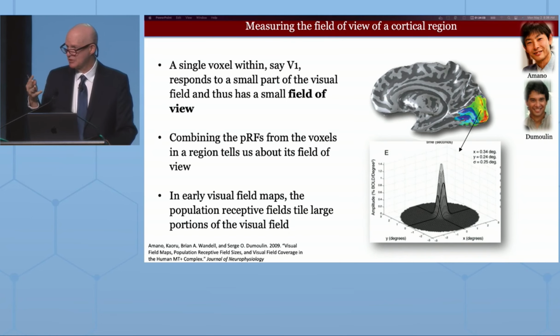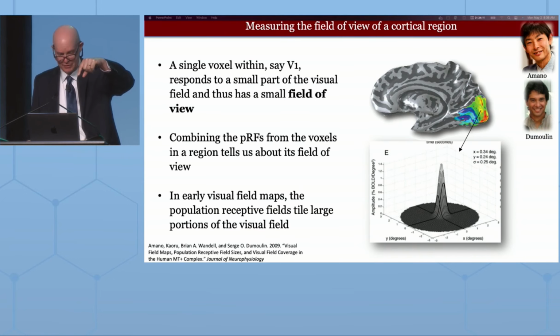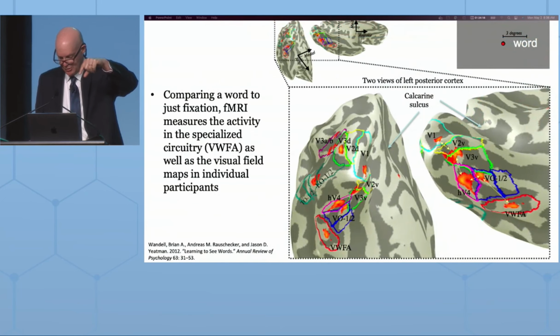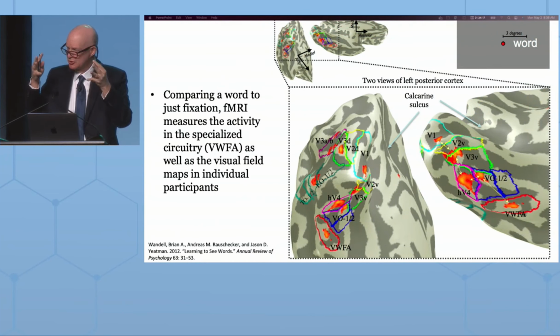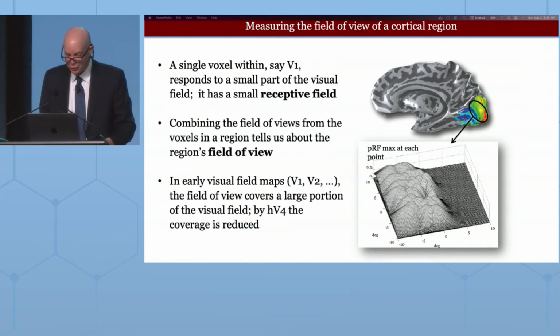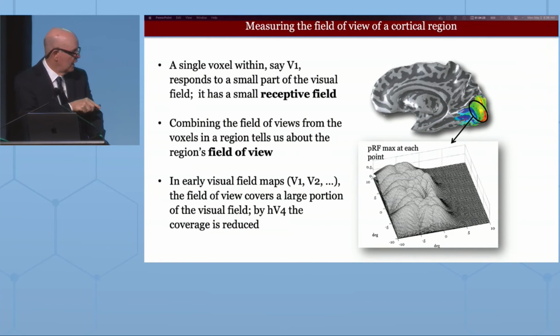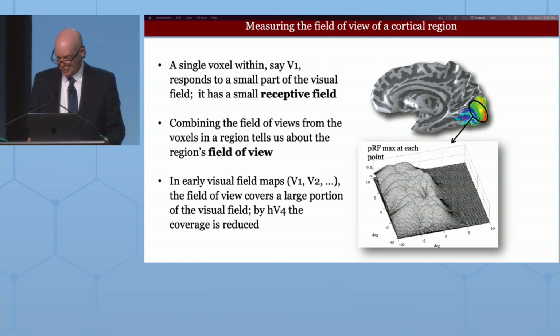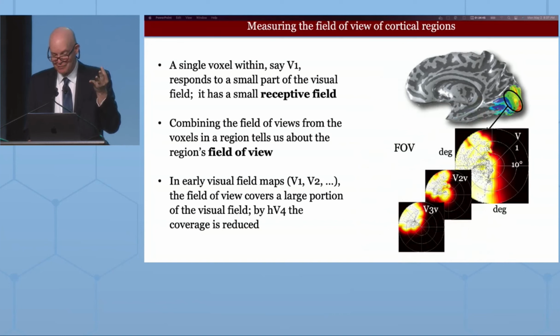It's very easy to see these maps here in V1, but in the visual word form area that I was just showing you over here, these areas down here, they don't have maps. You look at them and you try to see the map, and we couldn't really find anything that looked like a map. But what we could do was say, if you collect up a number of different voxels from over here and see what it covers, well, yes, unsurprisingly, primary visual cortex covers a hemifield. Great. Well, you can do the same thing even when you don't have a map. You can take all the individual pixels and say, how much does it cover? And here is showing primary visual cortex, the ventral V2, ventral V3.